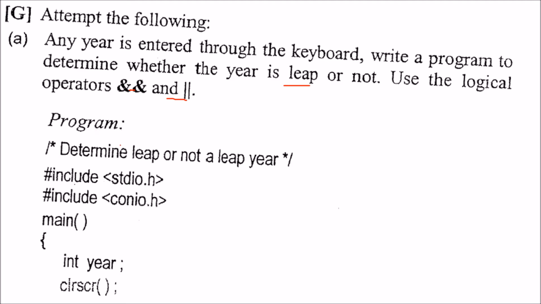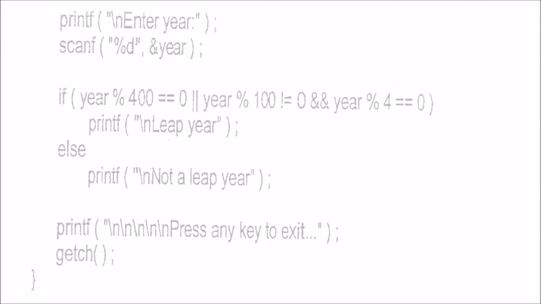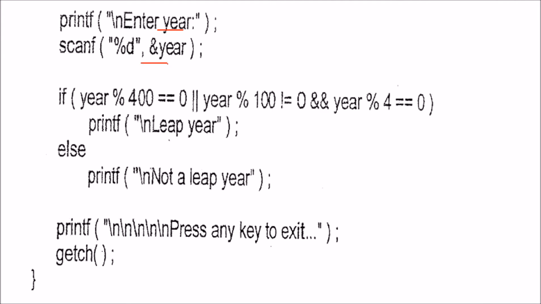So for that the program will be, let us write a comment here, determine leap or not a leap year, then stdio.h, conio.h, then we take year as integer, and then we enter this year. Enter a year in this, ampersand year with %d. Now we know that this condition has to be true, meaning divisibility by 4. We know there is a modulus operator. So when we use the modulus operator with year and it gives you 0, then it is a leap year,